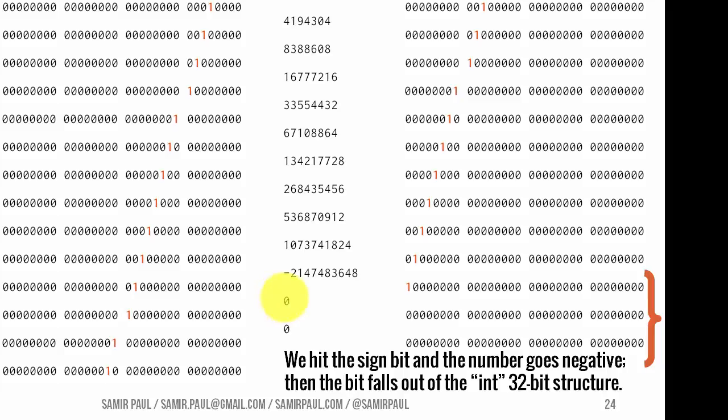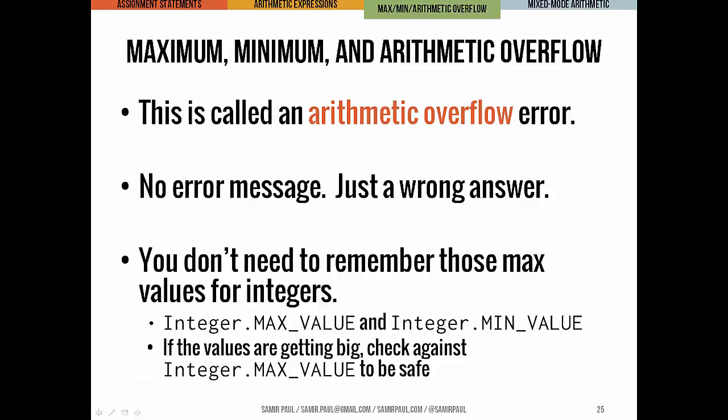Now that's weird too, but it makes sense, because this bit really just got shifted one more time. But Java can only represent 32 bits in an int variable. So that bit, when it got shifted over one spot to the left, it really just sort of fell out of our variable. And that's why after this, if I were to keep running the program up to the 50th, 60th, 70th power, we would still have 0 for all these values. So the behavior gets pretty unpredictable when you get to numbers that high with an int. We call this an arithmetic overflow error.